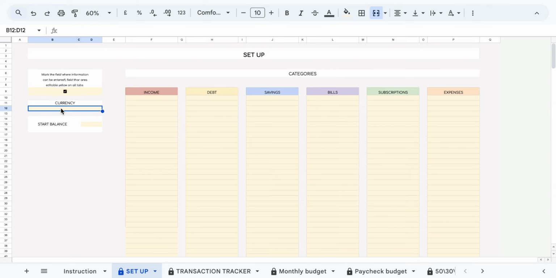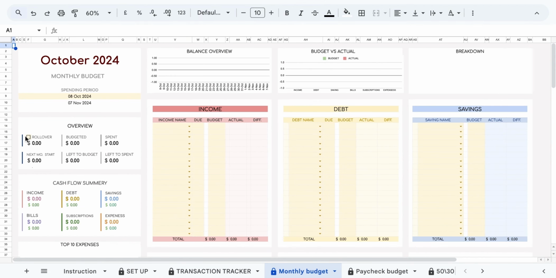Next, you'll see a section for currency. Here, you can change it to any currency you prefer. Below that, you'll find the starting balance. Enter your starting amount here, and when you move to the monthly budget tab or paycheck budget tab, be sure to check the rollover checkbox. If you want the starting balance to be added to your monthly budgeting, check it. If not, simply leave the checkbox